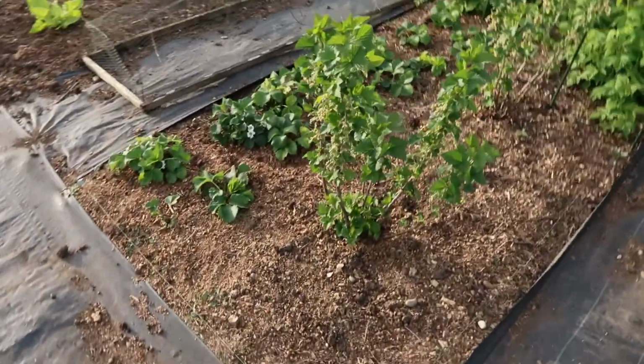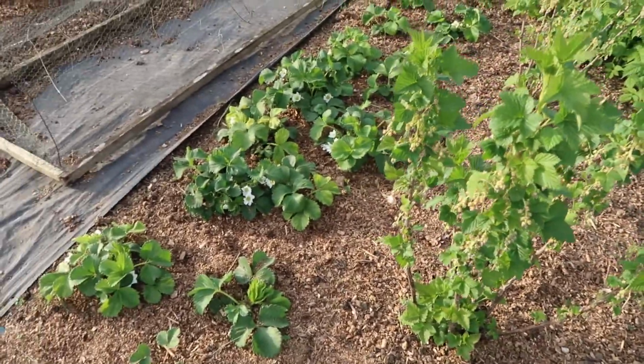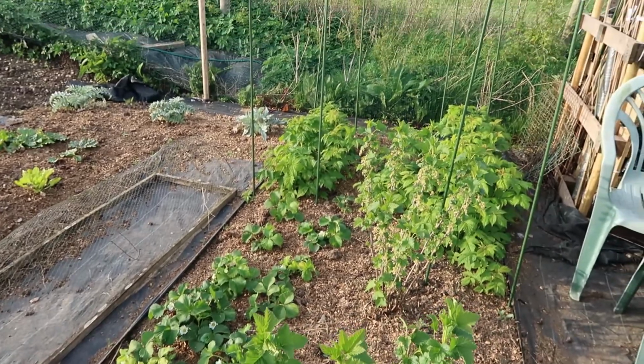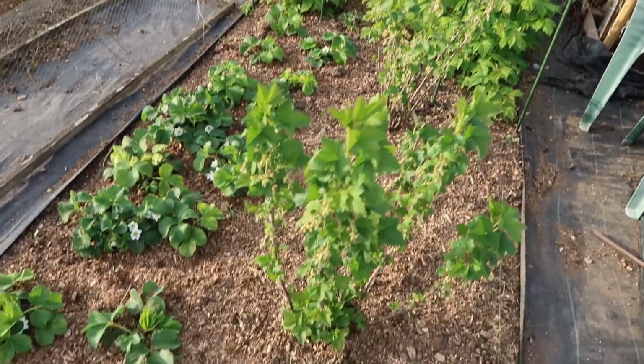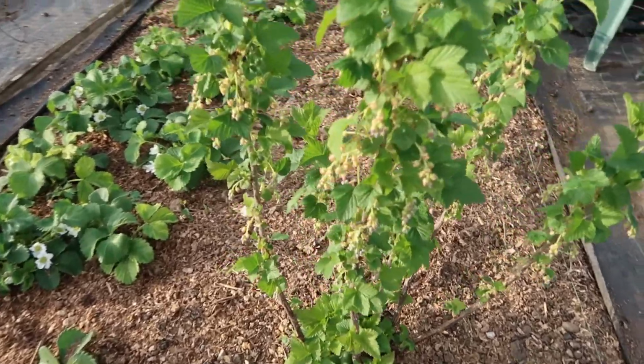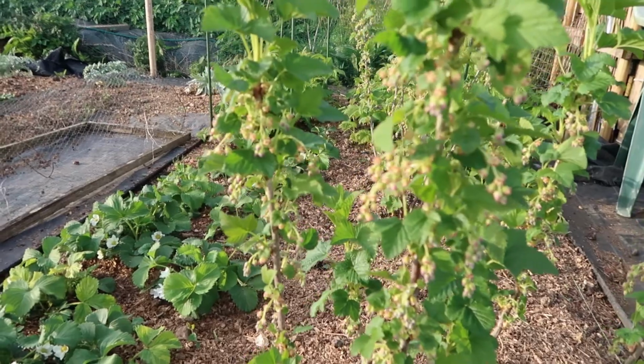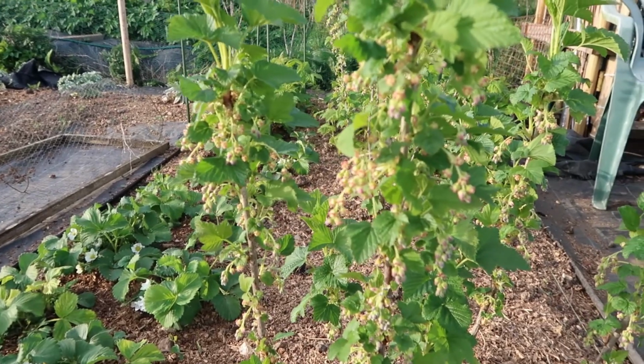Now in this bed here I've got more strawberry plants which are also in flower, and I've also got my Ben Nevis blackcurrant bushes, and I haven't tried these because they didn't fruit last year, but this year they have really made up for it. They are just dripping in flowers. I don't think I've ever seen so many flowers on a blackcurrant bush before, and so I'm really hoping that